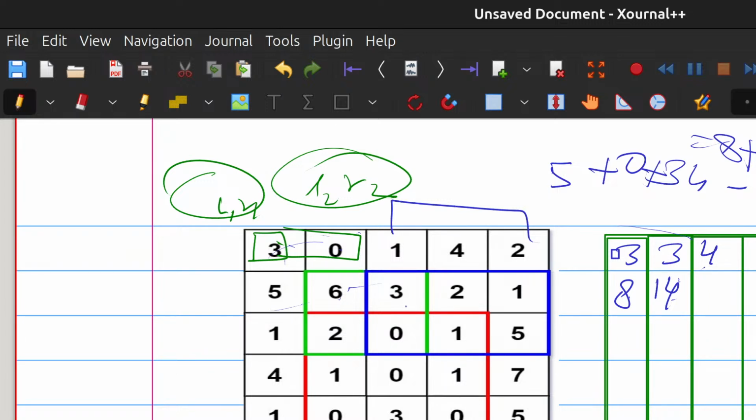And 0 here, okay. What we have here? See? Here we have